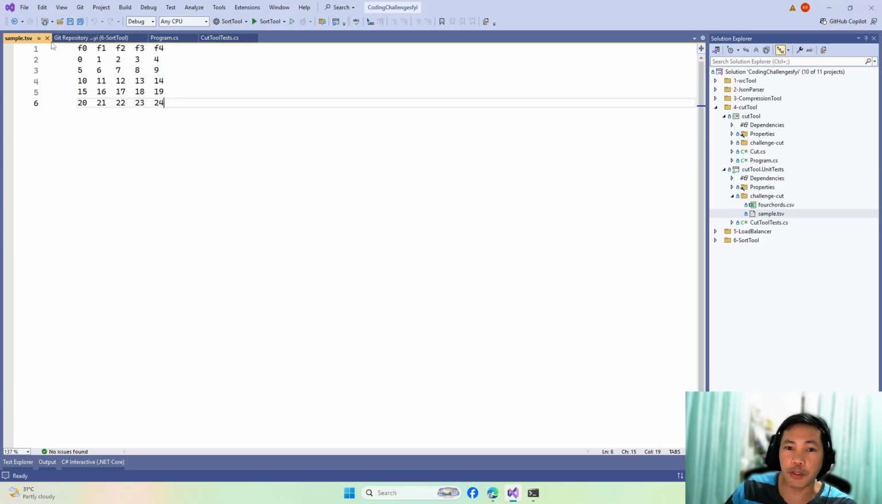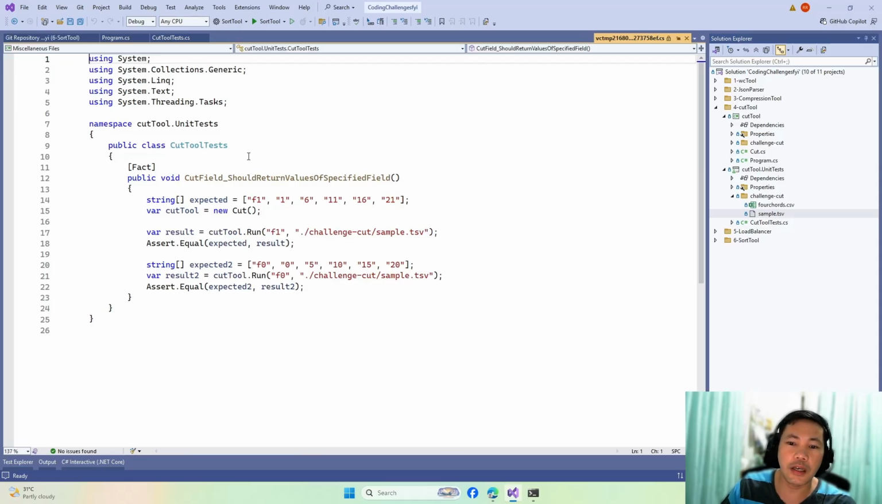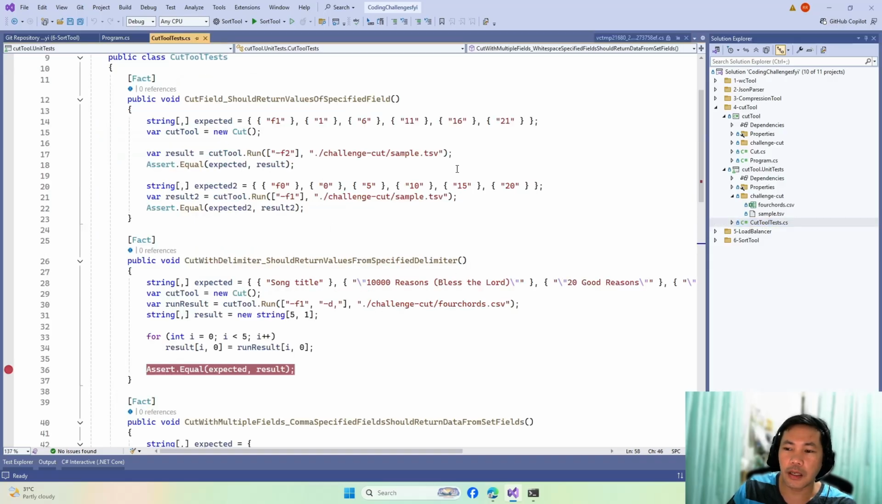Okay, tab spacing, and so we want to read from this file and then specify what field we want to display depending on the option that has been passed. And so heading into the test that I did, it would be this one. Cut field should return values of a specified field. And so the implementation of this one again is